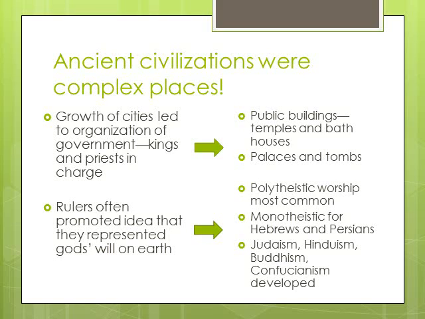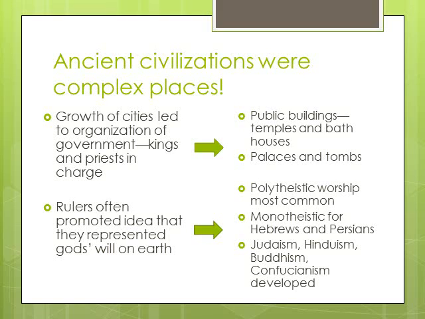Now, these rulers often promoted the idea that they were the representatives of the gods on earth. Polytheistic worship was really common, and in most of these societies you had more than one god being worshipped. The exceptions to that would have been the Hebrews and the Persians, who were monotheistic. And we also see the development of some of the world's major religions and belief systems: Judaism, Hinduism, Buddhism, and